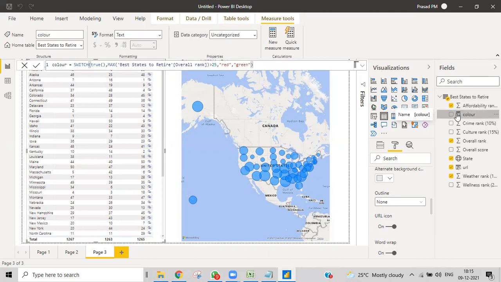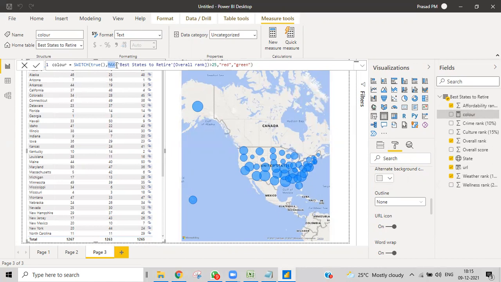A measure is a calculation part, which will be calculated based upon some values in this particular table. It always gives a scalar value, a single value. It doesn't give a complete column, 100 rows, 200 rows. You can't take any column directly into it without aggregation functions.